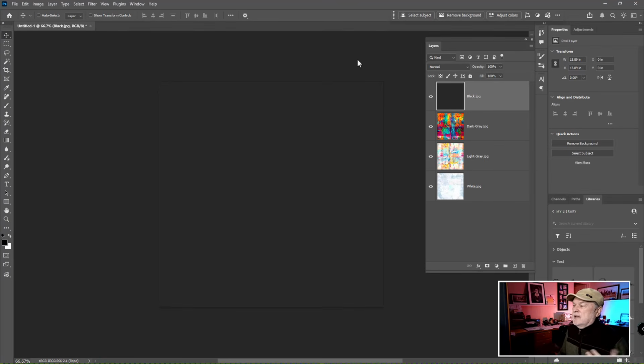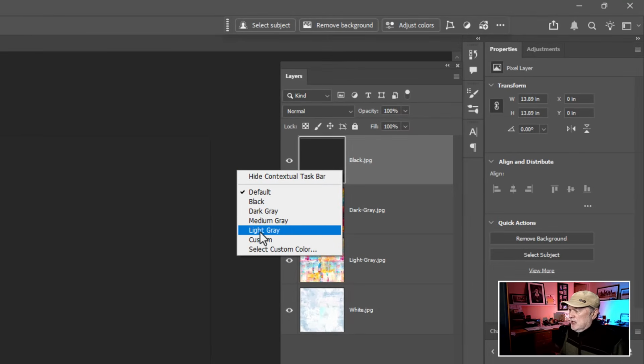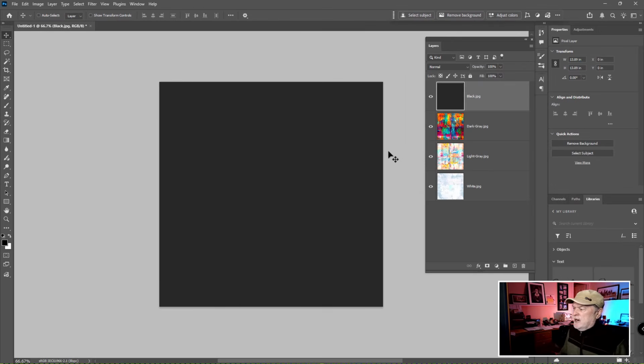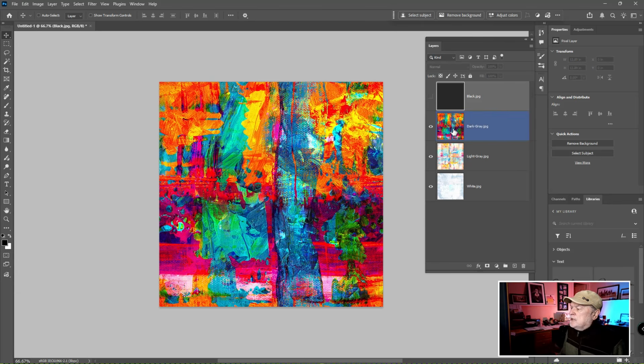And again, this gives me an idea of the darkness of this for black. Now, it's hard to see this, so I'm going to go to my workspace area, right mouse click, and choose light gray. So now it really stands out. I'm going to hide that one, go to the dark gray one that I chose in the projects,